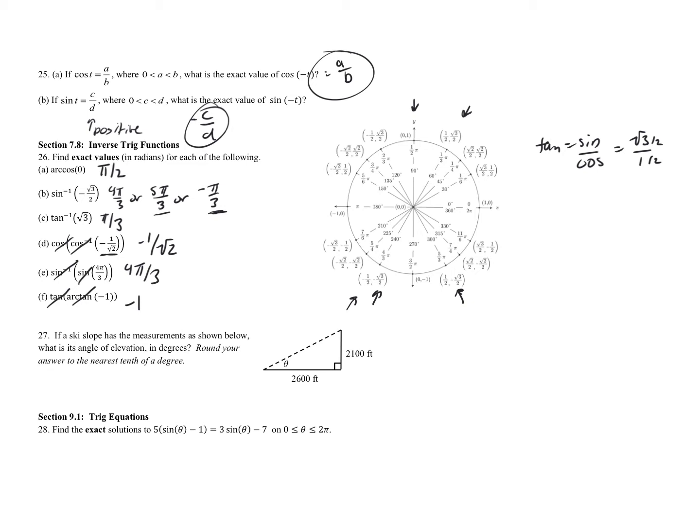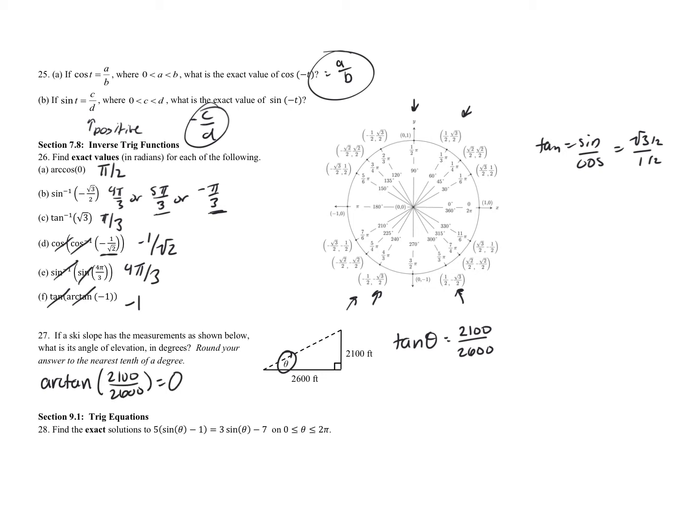All right, 27, we have a ski slope, and they want us to find the angle of elevation in degrees. So we have theta here, and we have two side lengths. If we have two side lengths, let's use tangent to get our theta. Tangent of theta is equal to opposite over adjacent. And so our answer is going to be arctangent. So theta is equal to arctangent of